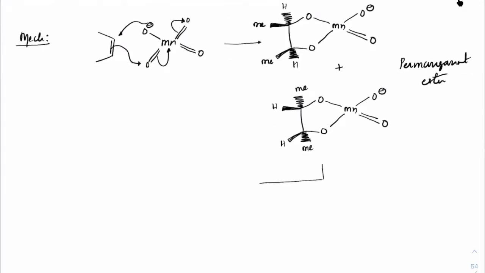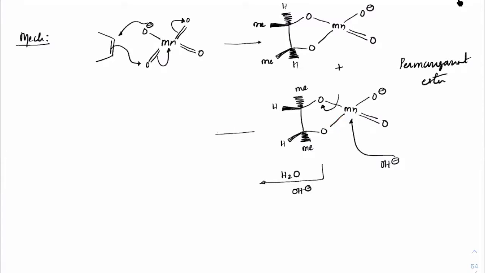This is an aqueous solution, in a basic medium, because this is an alkaline form. So in aqueous solution, one of the OH minus will attack here so that this bond will break and it will become O minus. Got it? Imagine OH minus attacking here, so this bond will break onto oxygen. In the same way, simultaneously, if it happens two times, what do we get?